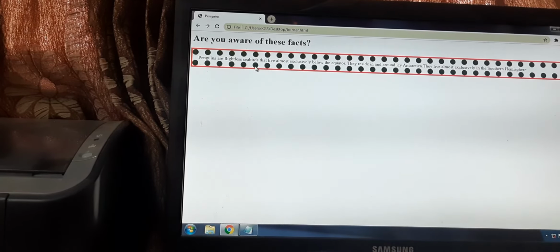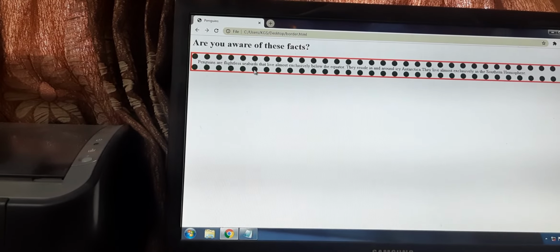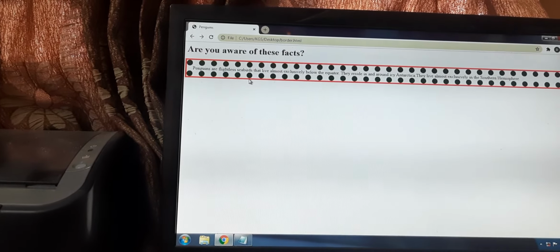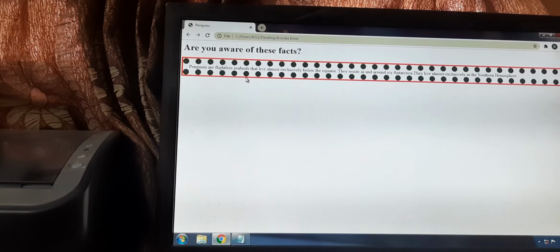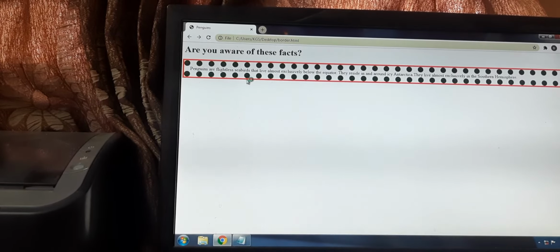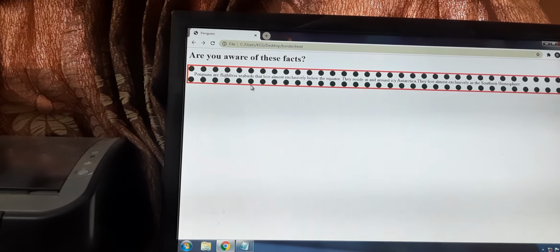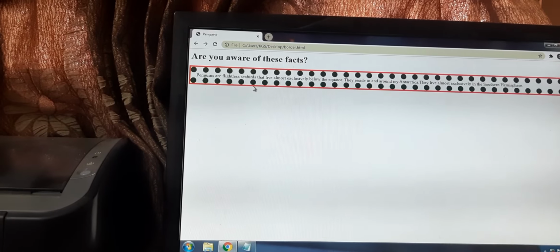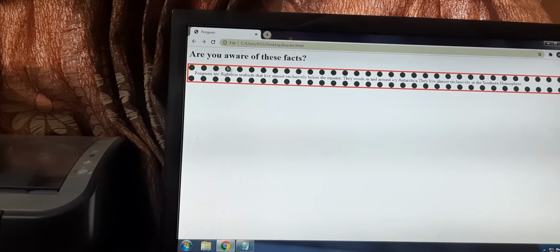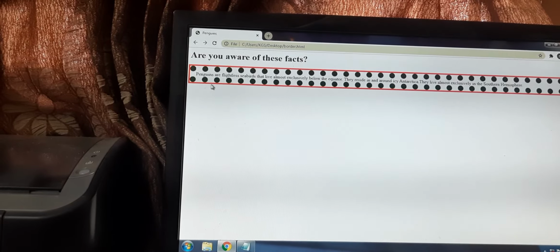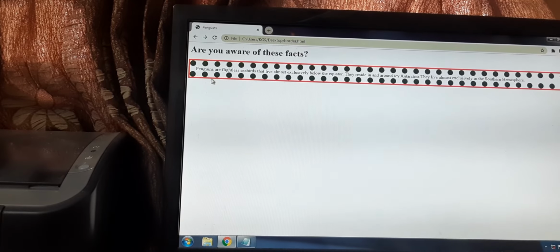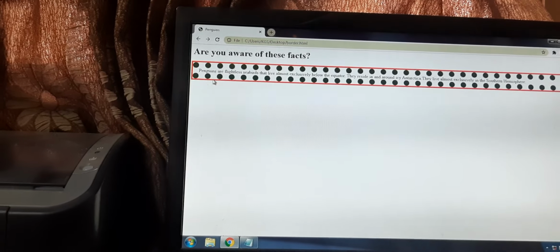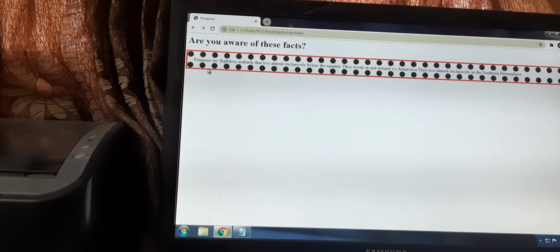Now the space which is immediately covering the border is the outline. We gave it as thick, solid, and red. All these things decide the border and outline for your content. I guess you are clear with the output you are seeing now.